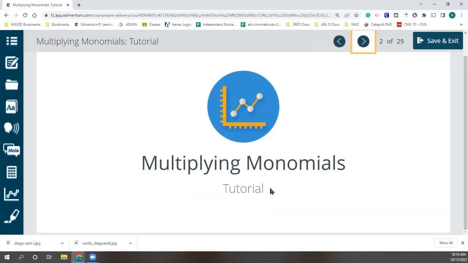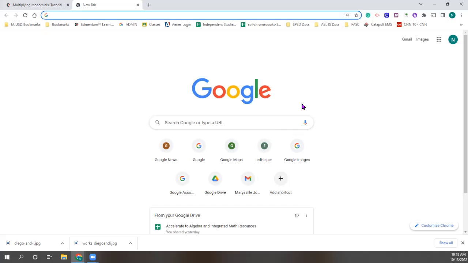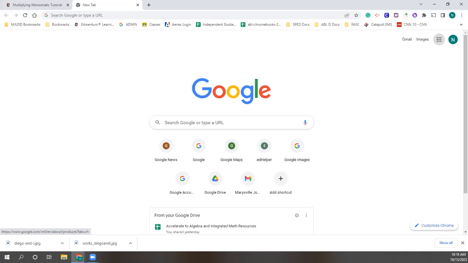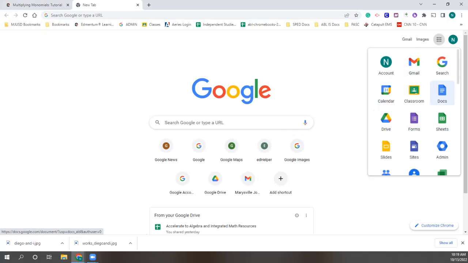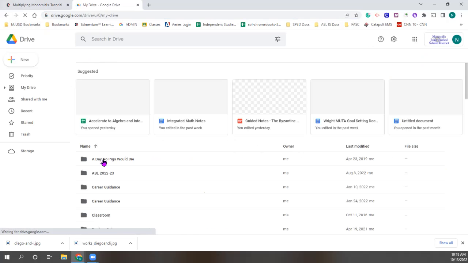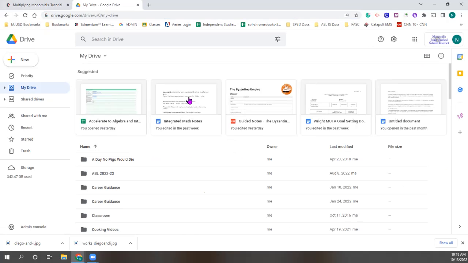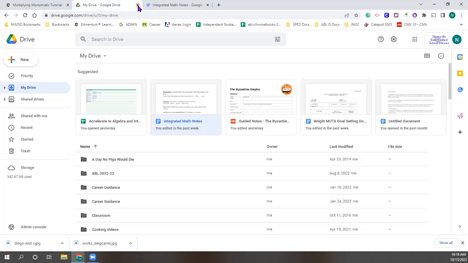Multiplying monomials tutorial. Before we begin, if you do not already have a set of notes in Google Docs, I recommend that you open up a new Google tab, go to the Google Apps icon, and start a new document. I believe I already have one from yesterday. Let's check it out. Accelerate integrated math notes right there. There we go. Okay. So now I have a spot where I can drop